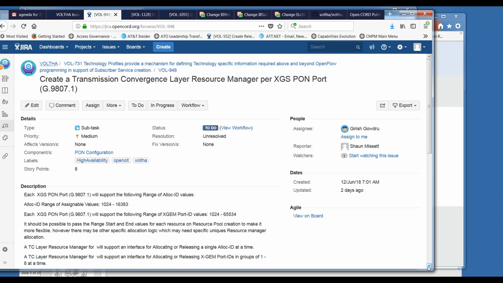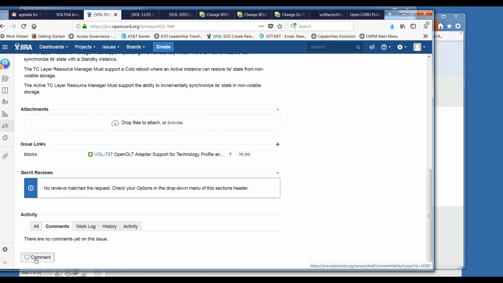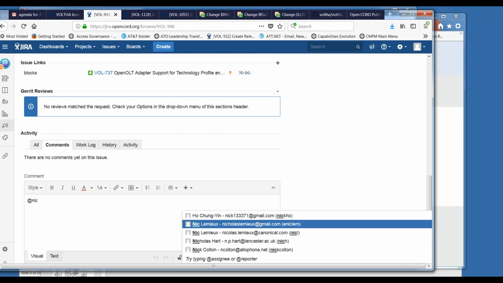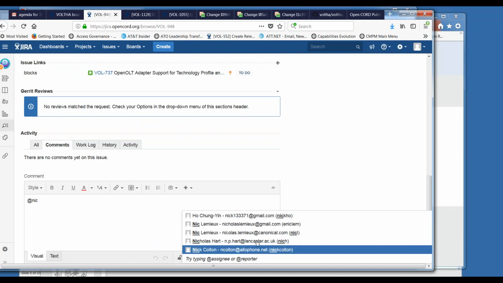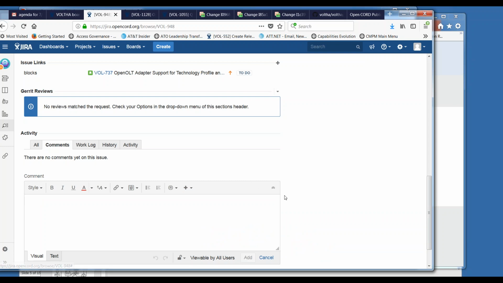I don't want to duplicate the effort, but if there was already an implementation, we'd like to know about it. I don't see him on the bridge, so I'll send a note to him later.